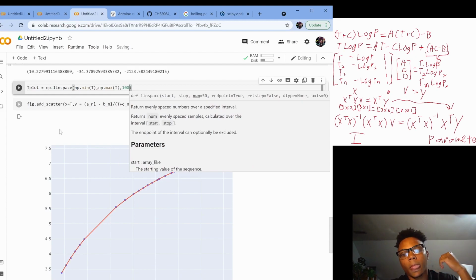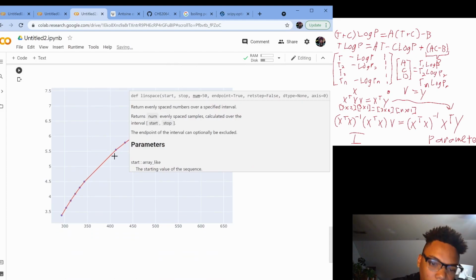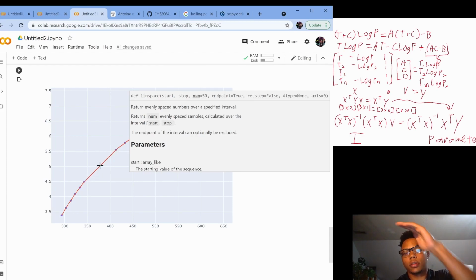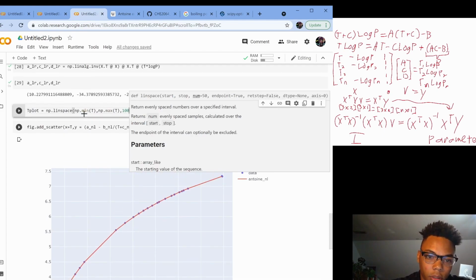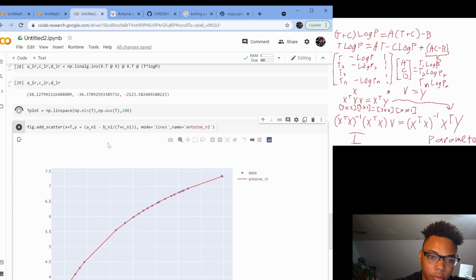100. This matters because, if you see each of these right here, they're connected dot by dot, and we don't really want that. We want a smooth transition so we can accurately see that it's following its own line. It's not going in the path of something else. So what we're going to do here is shift enter, and it's not going to affect anything until we put t-plot within the lines that we have. So we're going to put t-plot right here, t-plot right here,